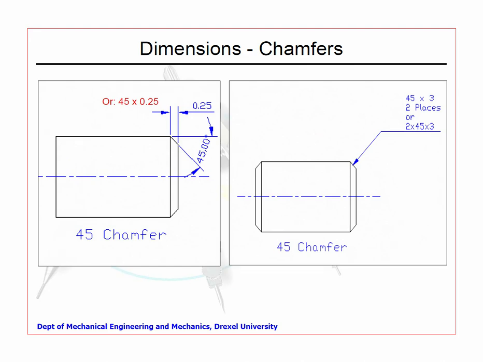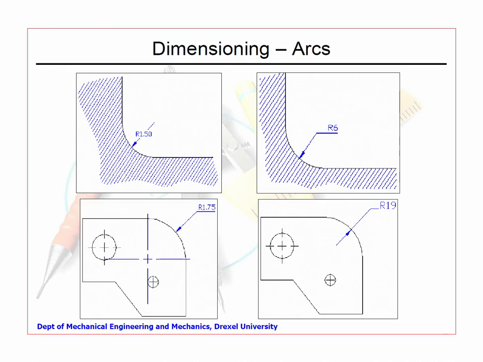So, you see here, coming back to the chamfers, it clearly says 45 degree chamfer, 45 into 3 at 2 places, 45 at this. This is a convention which is followed. Fortunately for us, those of us who are moving out to the new CAD and we make a solid model, probably even if you were to miss, the drawing can be read and the process people will be able to understand those things.